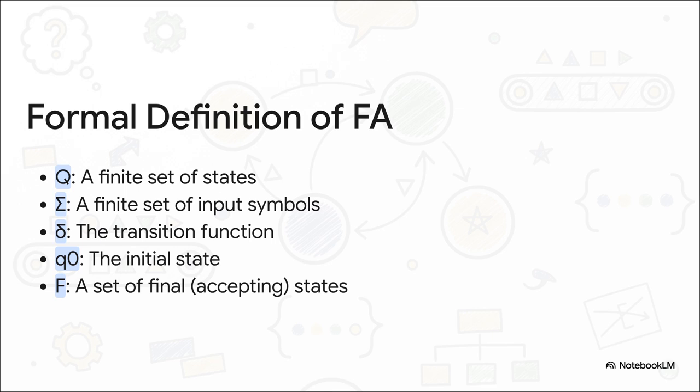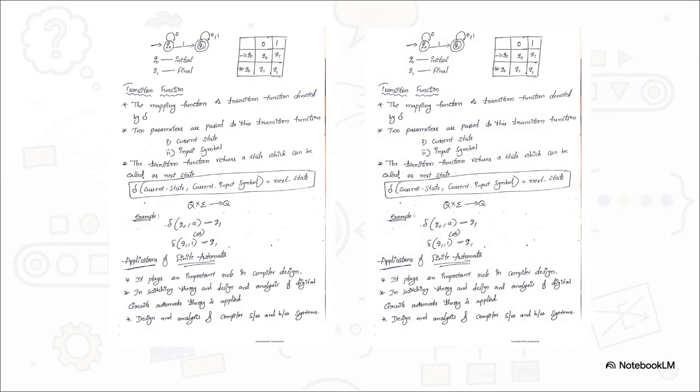You really have to know this. So, how do we actually visualize one of these machines? Well, there are 2 main ways. On the left, you see a state diagram. It's basically a graph where the circles are states and the arrows are the transitions. And on the right, you have a transition table. They both show the exact same information, how the machine moves from state to state based on an input, just